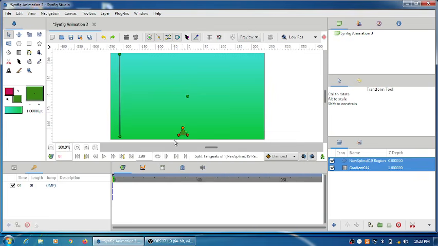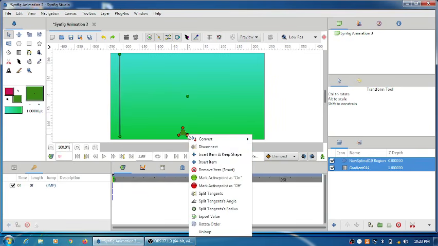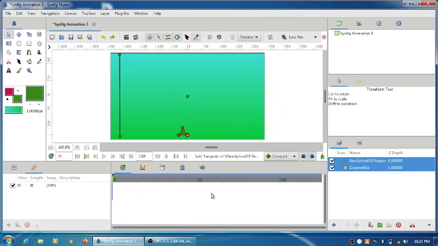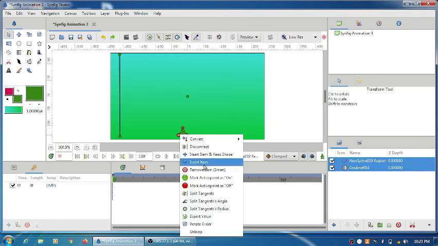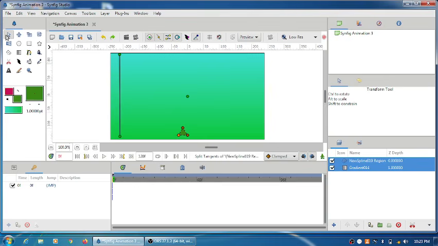Now I am going to apply split tangent to each and every vertex of the stem, and let us apply some shape to the stem.